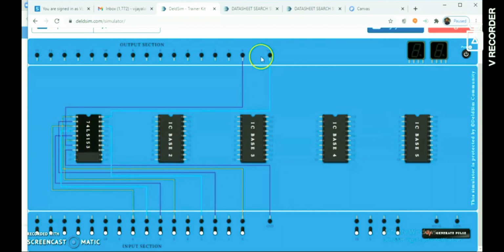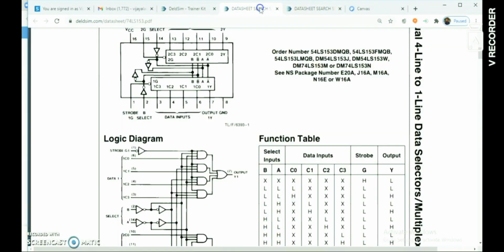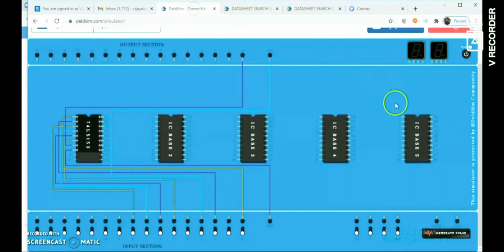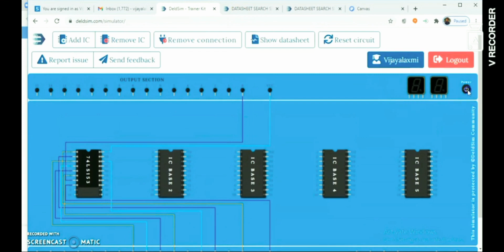In this way we have made all the connections from VCC to the output, then to my enable pin, then select lines, and similarly the data inputs. Note that if my strobe is high, then output is low, and if the strobe is low, then the output is high, meaning whatever I apply at the data input will be reflected at the output side.